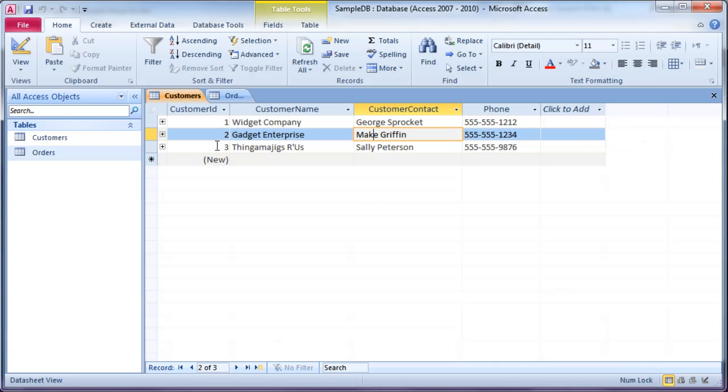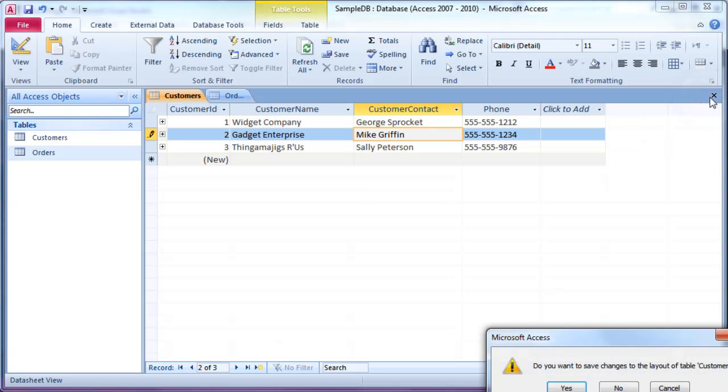Once again, we have the customer ID, which is an auto number field that'll add the ID automatically as records are added. I have the customer name, and I have the customer contact, which I see I made a mistake in spelling Mr. Griffin's name, and then our phone number for the contact. So this is our basic one. It's called SimpleDB, and I want to show you again